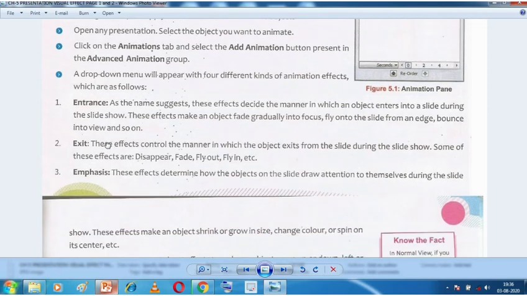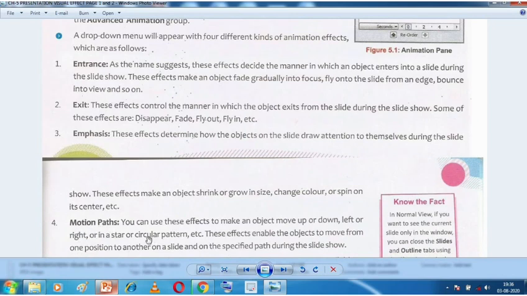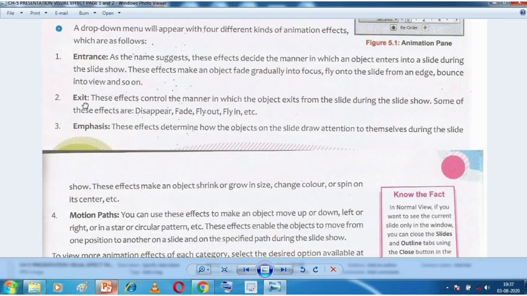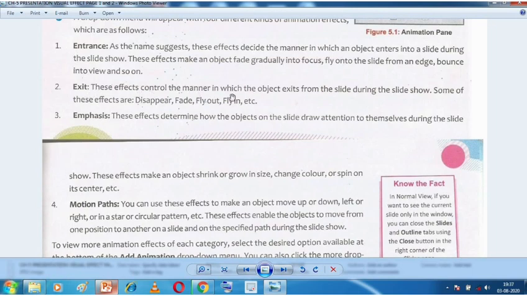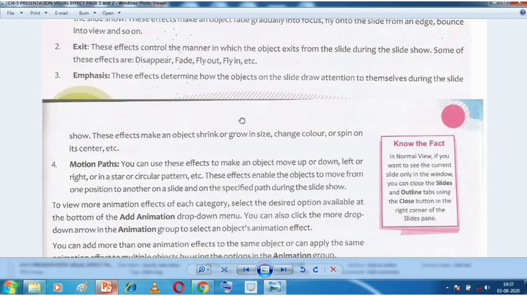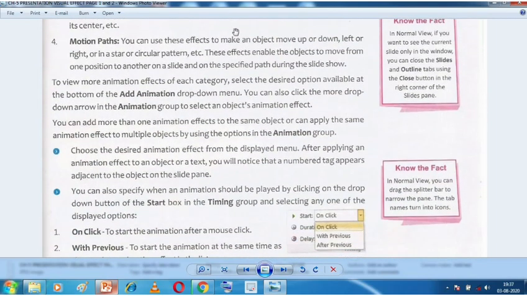Then we have motion paths, through which we can make our objects move along a certain path. Then we had the exit animations, which were used to exit our object from the slide. So you applied these animation effects.